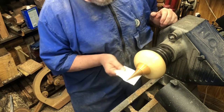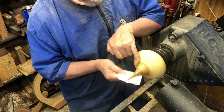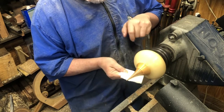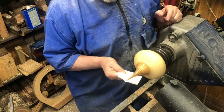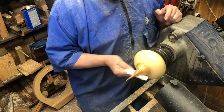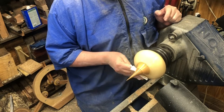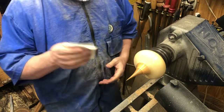Boy, this looks crazy, spinning this fast. And there's a little dark area right here at the top of the ash, and to me it looks like a gap. It's not. I don't know if it's bark or maybe the cambium layer, but it's just a little dark area that I decided to leave in there before I started all this other. Now,